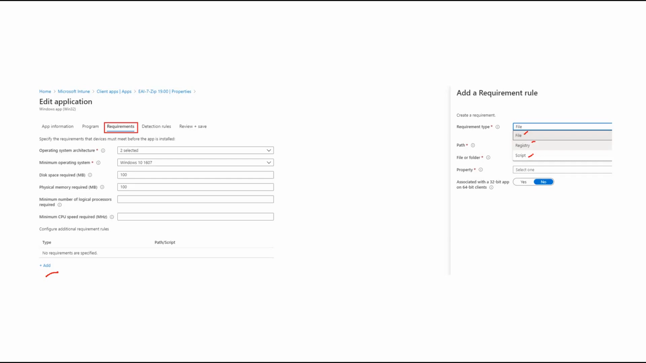If that file is not present, then obviously it should not be installed. So again, a very vague example, that file can be any file. Instead of a file, we can just make use of a registry location, or we can use a script as well. So we can set up a script saying that,